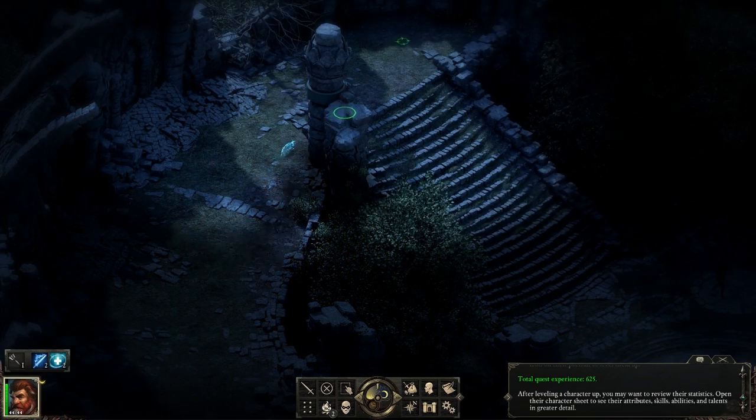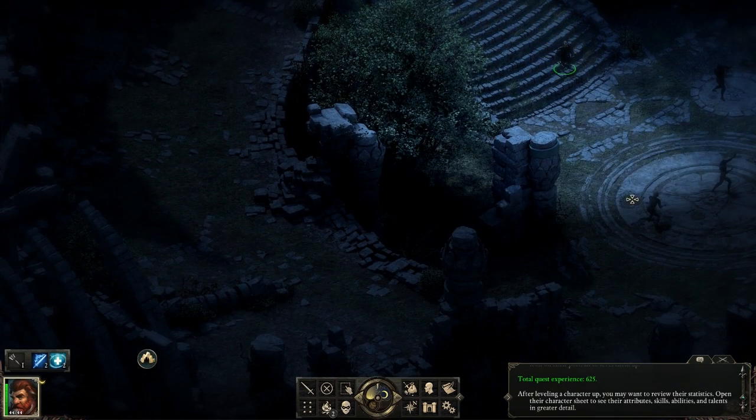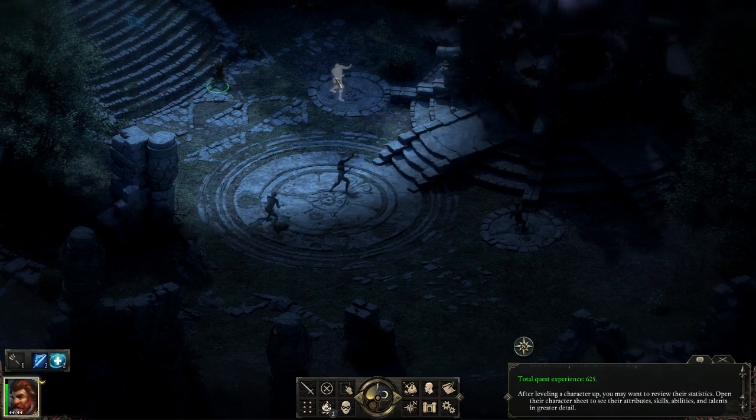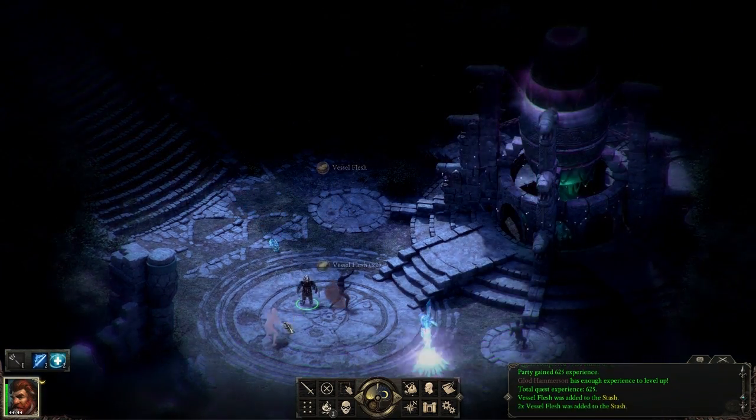Cool. Visions of what looked to have been some kind of weird workbench type thing? Don't even know. Oh, I can loot the ash bodies. I get a vessel flesh. Well, that's...